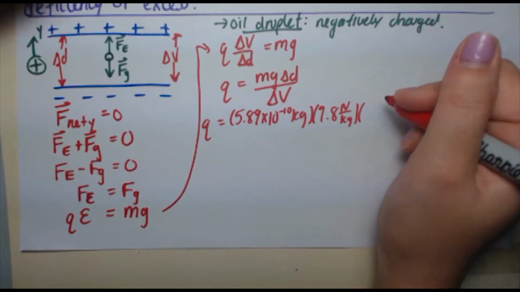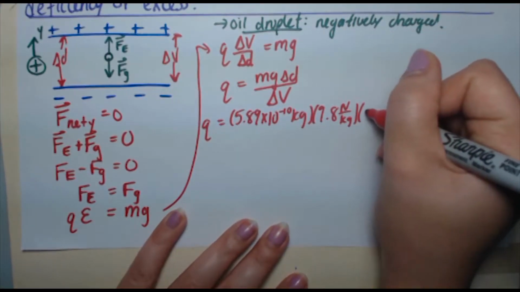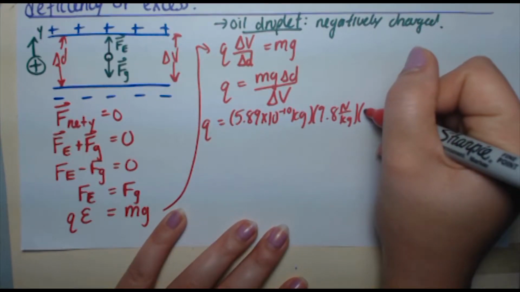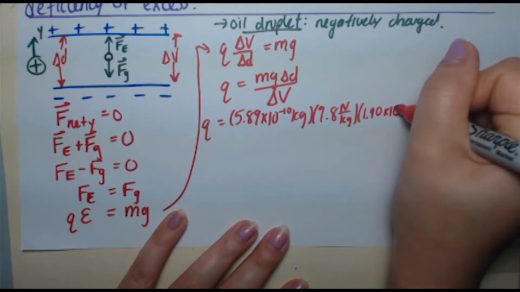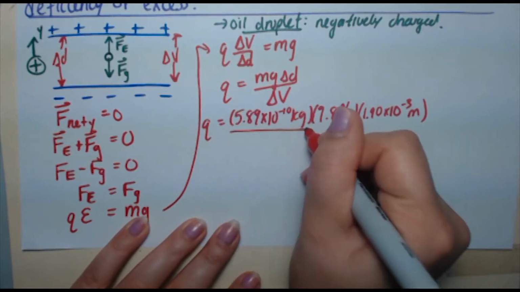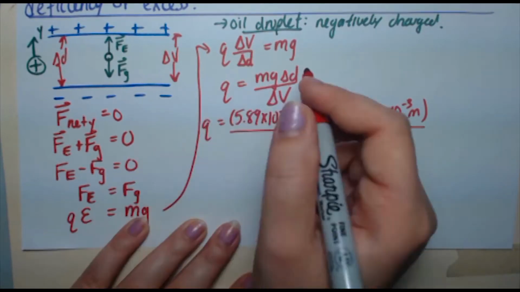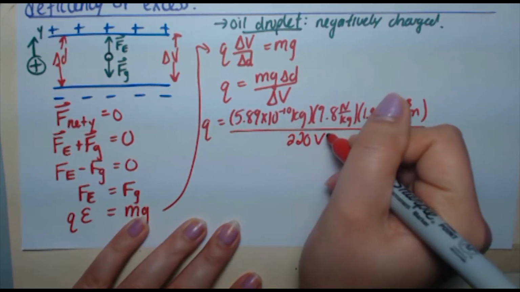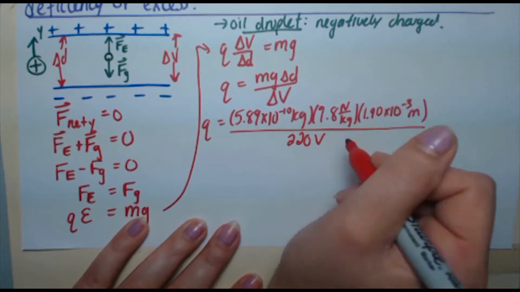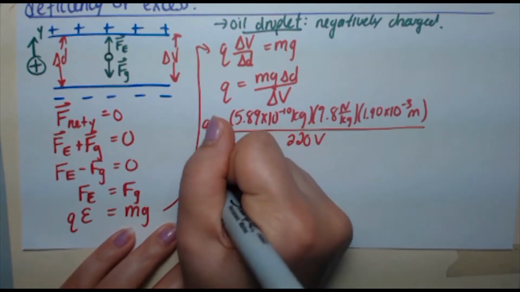So remember, in these formulas, we have to put SI units. So we have to put meters. So to go from millimeters to meters, I have to divide by 1,000 or multiply by 10 to the minus 3. Okay? Divided by delta V, and I'm told that's 220 volts. Okay, there we go. So I have to punch this into my calculator, and when I do, I end up